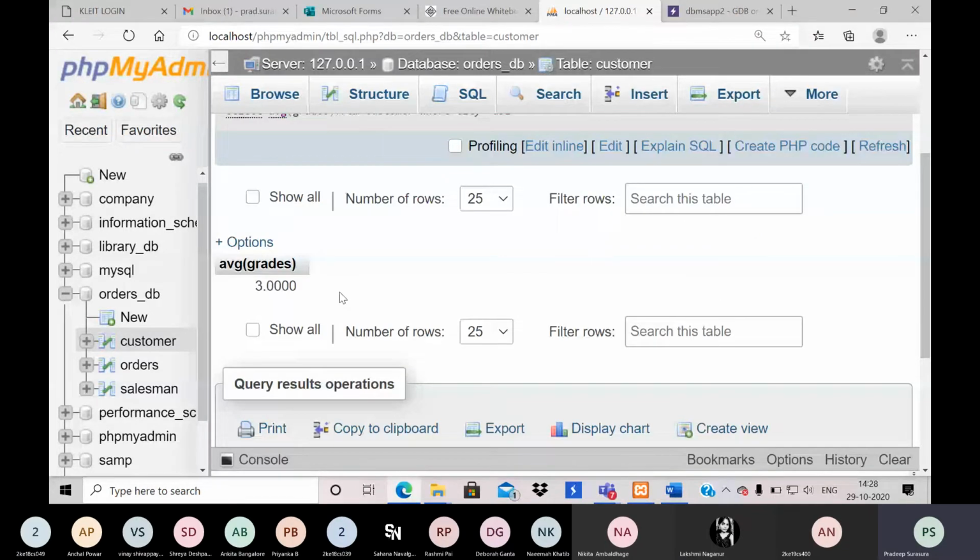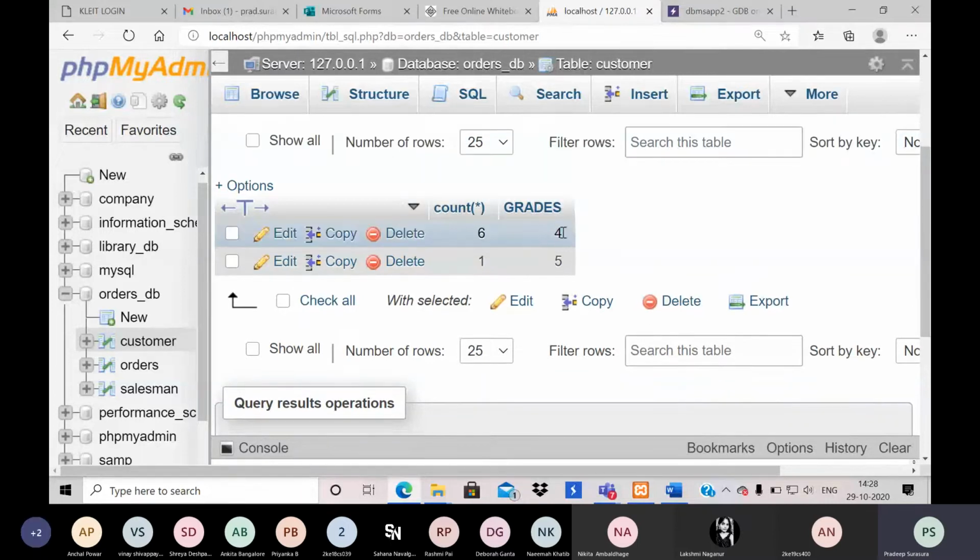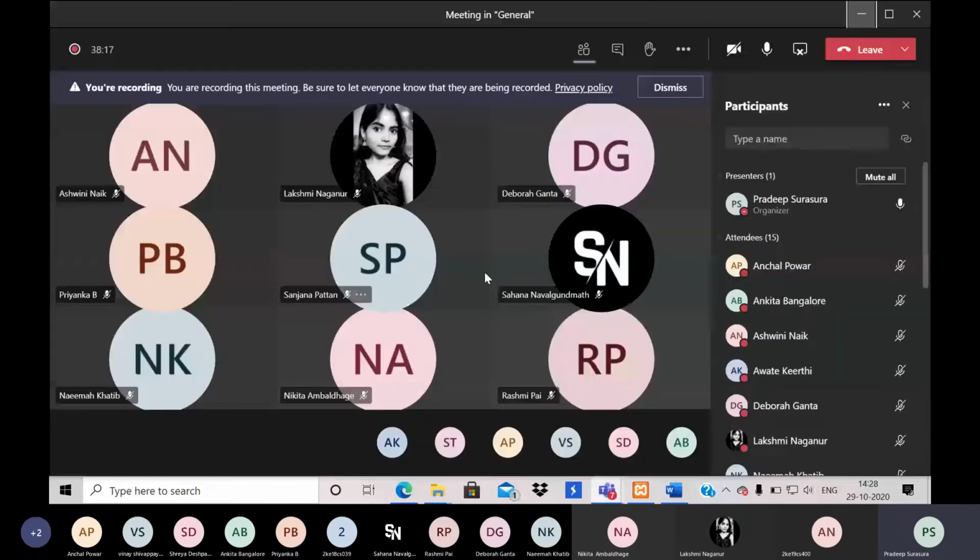Now I will change this value to UBL and see what it does. Greater than UBL, I have a count of 6 with grade 4, and with grade 5 I have a count of 1. Subsequently I can change the query like that.